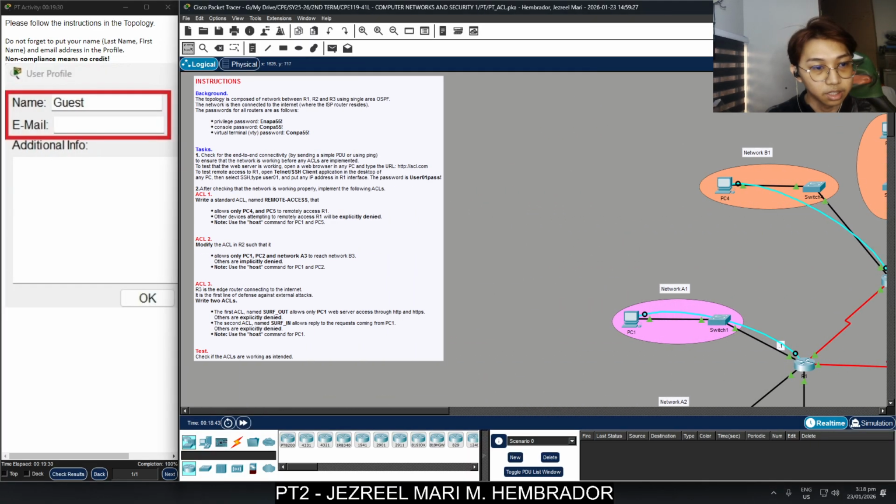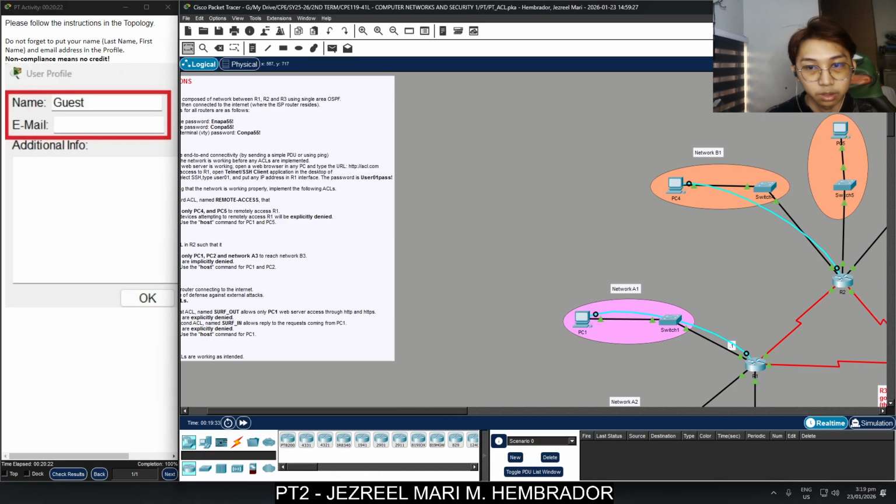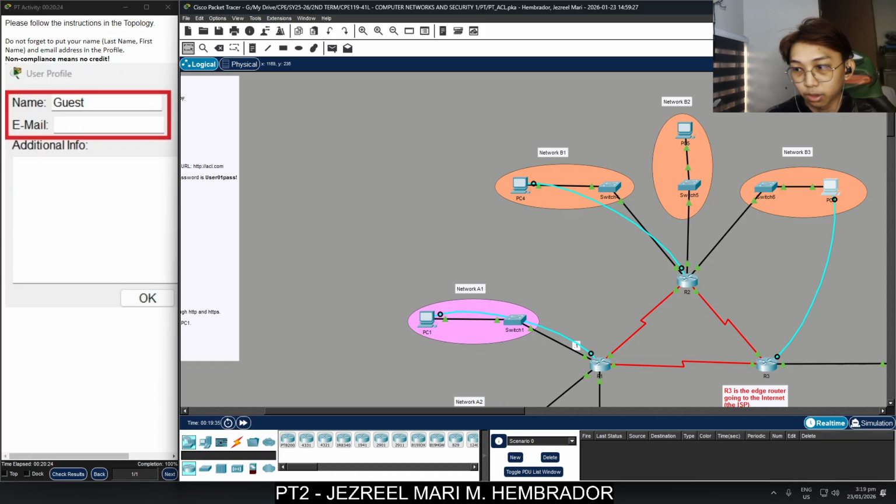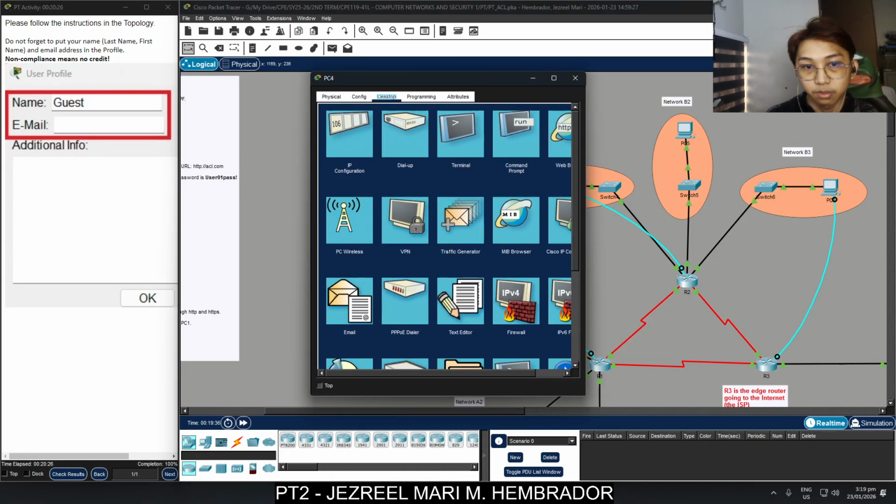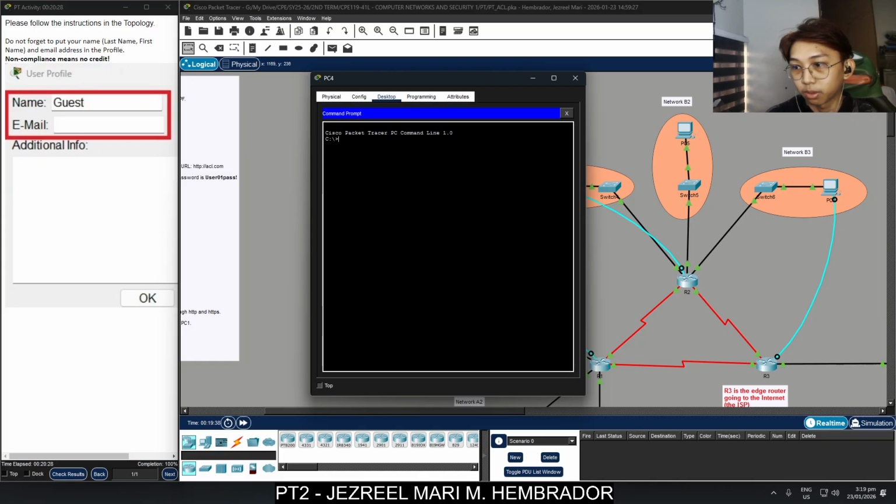So next, we're going to check the ACLs. I check if the ACLs are working as intended. So now we're going to test. We are going to verify R1 protection, the SSH action. We're going to go to PC4 and then the command prompt.